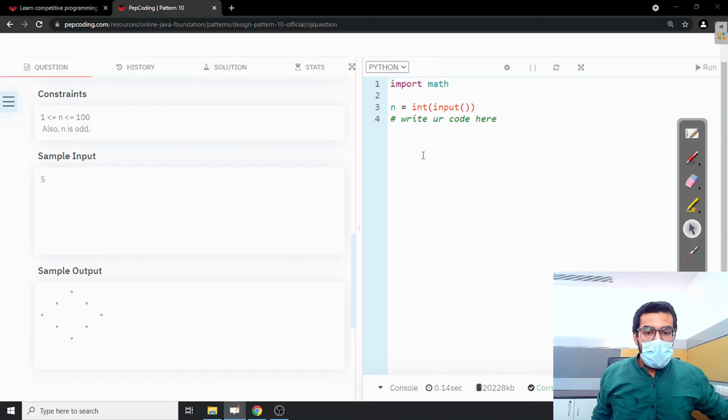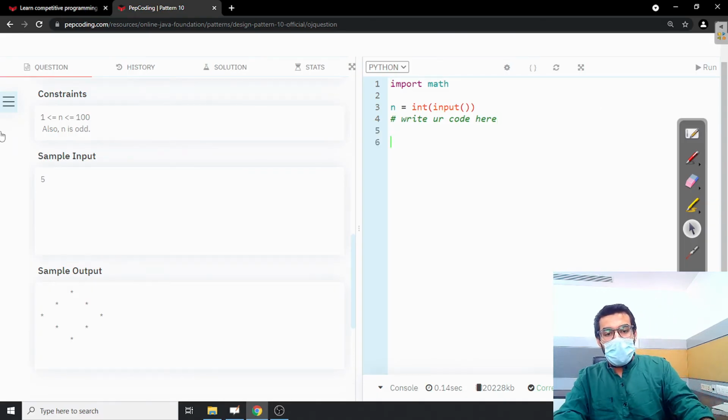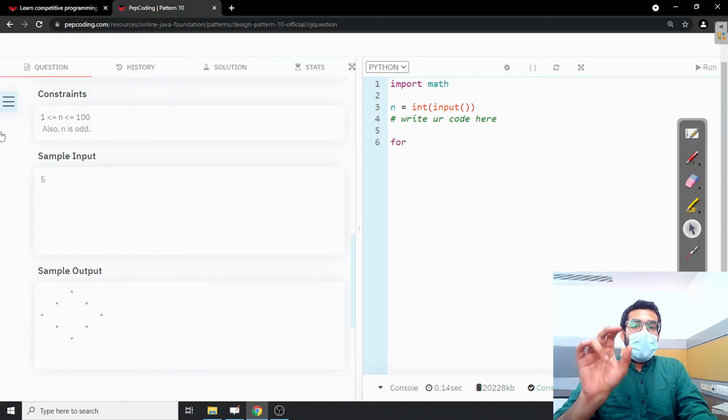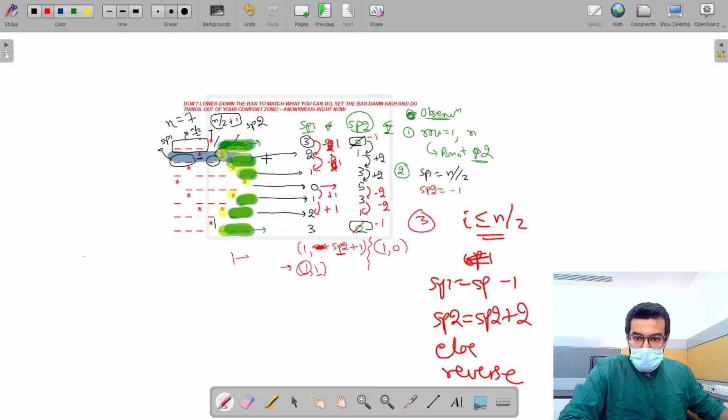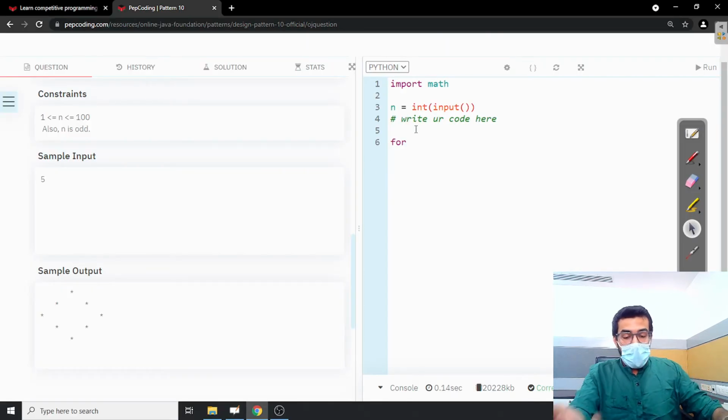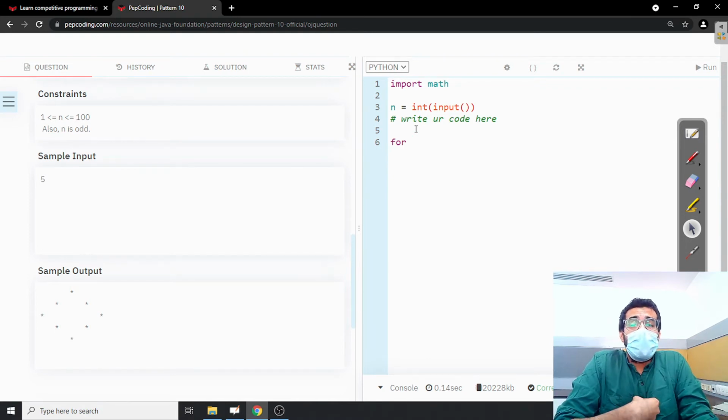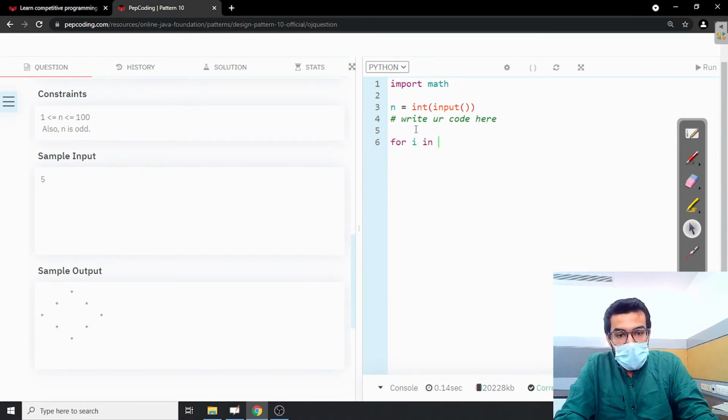I'm just going to code till this particular part and we would be done with this. For n equal to 7, there were 7 rows. You can see over here, 7 rows are there: 1, 2, 3, 4, 5, 6, 7. So for n, when we are getting the input n, there will be n rows. For i in range 1 till n plus 1.